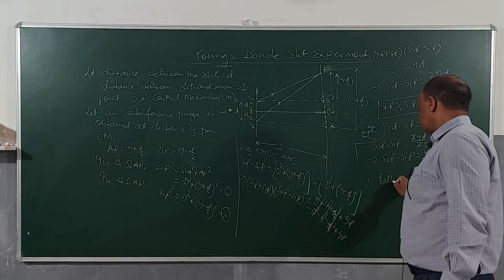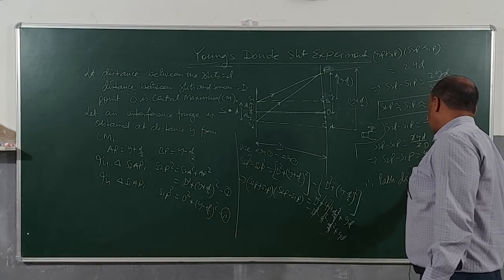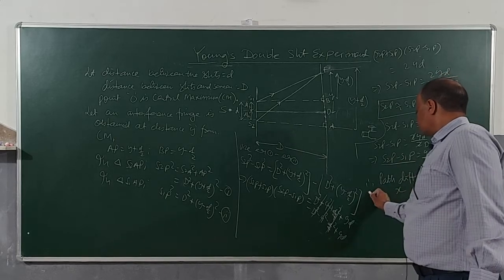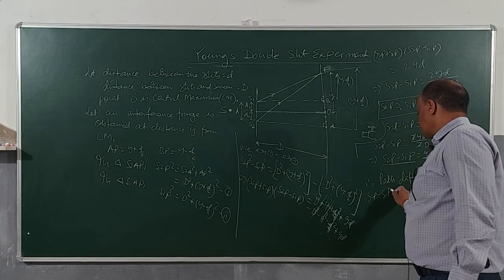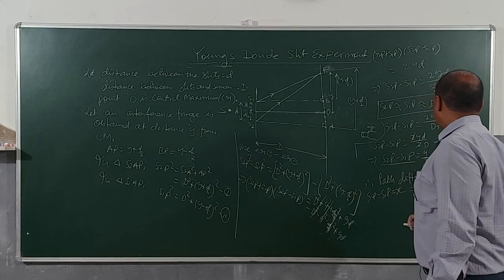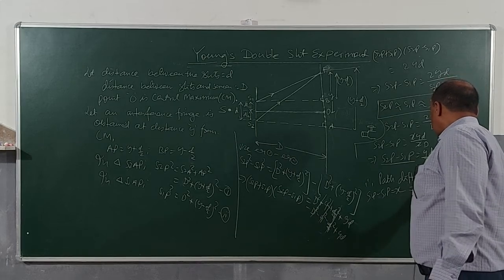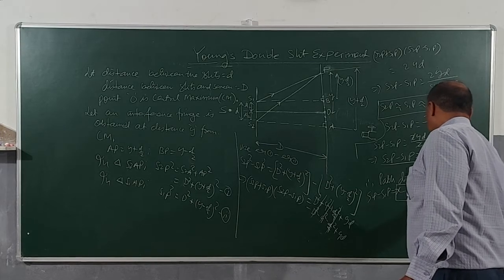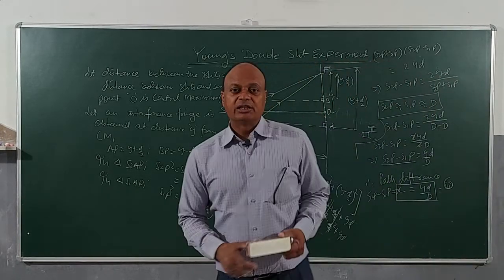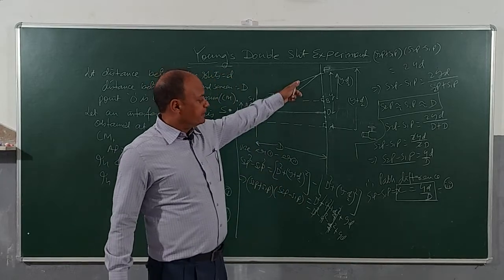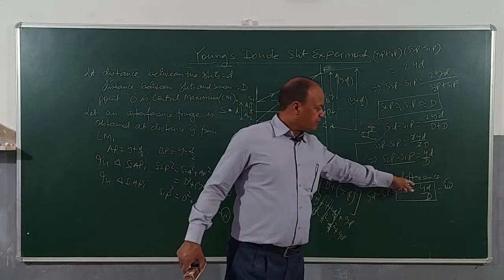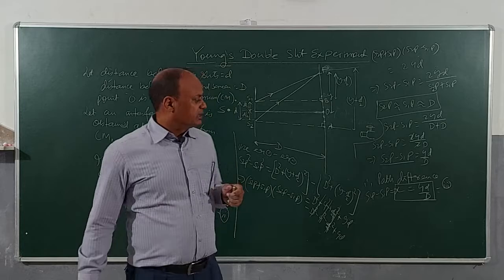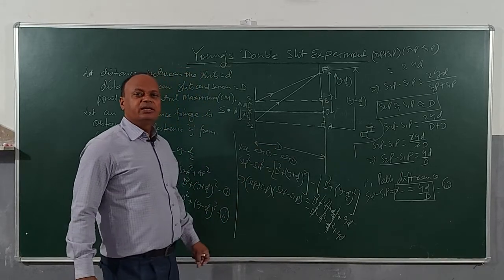Therefore, path difference, this is basically x. S2P minus S1P is equal to x is equal to yd by capital D. So this is an important expression that we have derived from here, that you need to bear in mind, that path difference between the two waves which are meeting at point P, in the limiting case x is y small d by capital D, where small d is the distance between the slits and capital D is the distance between the slits and the screen. Okay.